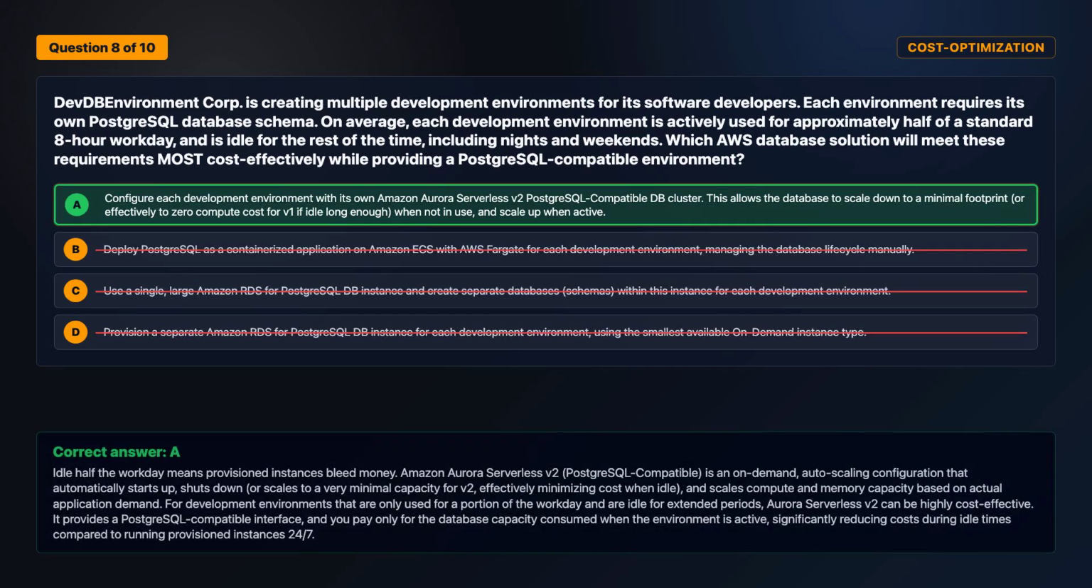The correct answer is option A. Idle half the workday means provisioned instances bleed money. Amazon Aurora Serverless v2, PostgreSQL-compatible, is an on-demand auto-scaling configuration that automatically starts up, shuts down, or scales to a very minimal capacity for v2, effectively minimizing cost when idle, and scales compute and memory capacity based on actual